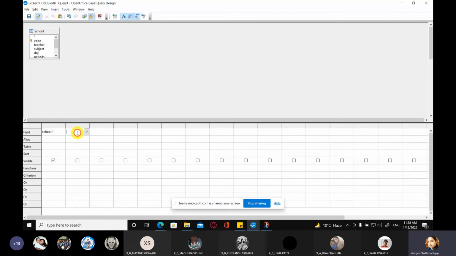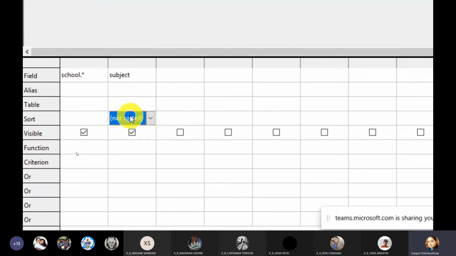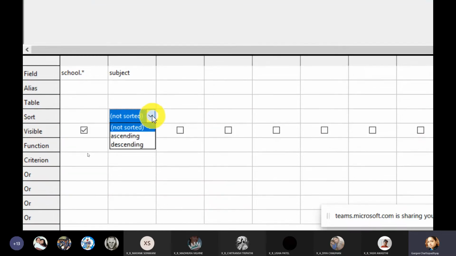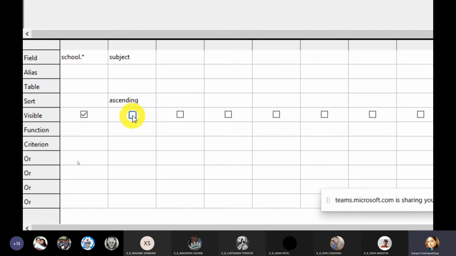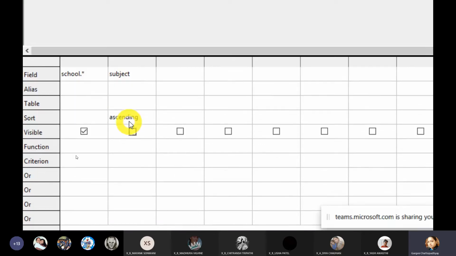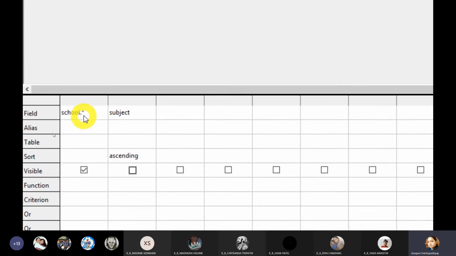And then next, in the next part, I'm going to select the field subject. And here you can see a sort option. You see a sort section. So you are going to apply a sort here. Sort based on ascending order of subject, and remove this check. Only this field will be used for sorting, and rest you are already displaying all the field values.